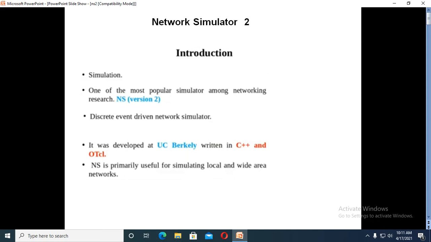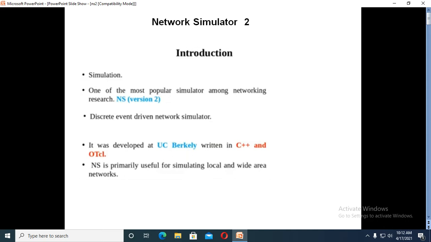NS2 was first developed by UC Berkeley, and it is written with the help of two languages: C++ and OTCL. So here we are using two things, C++ and OTCL. NS is primarily useful for local as well as wide area networks.